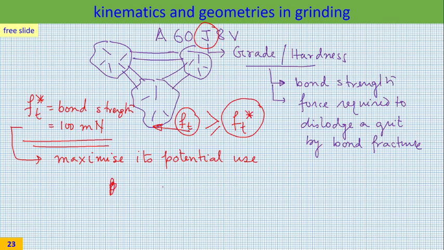You have to have a value of A in such a manner so that your Ft max, which was calculated earlier, almost reaches Ft star but without exceeding it. So this is not the proper sign. This is the proper sign. It is just less than Ft max. If that happens, that is the maximum value of A that you can use.